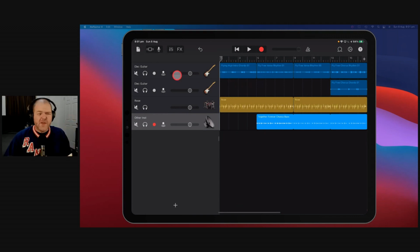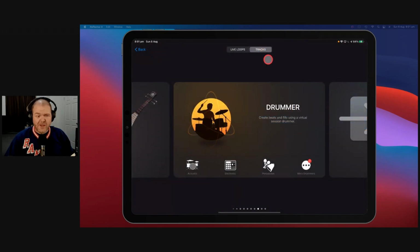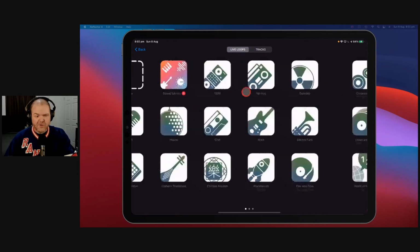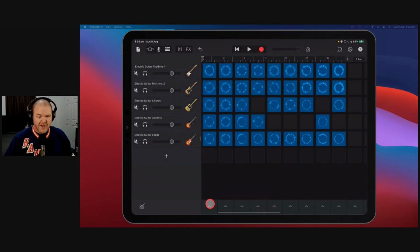So the other thing we have with this pack is, if you don't want to do it in track view mode here, you can use Live Loops. Now you can start fresh with Live Loops, or because we've already started, we can jump over to Live Loops from the track view, and we can scroll across until we find the Mark Lettieri pack. Here it is. This is a lot of fun to play with because you can line them up here, and you can see if we hit the button down the bottom here,